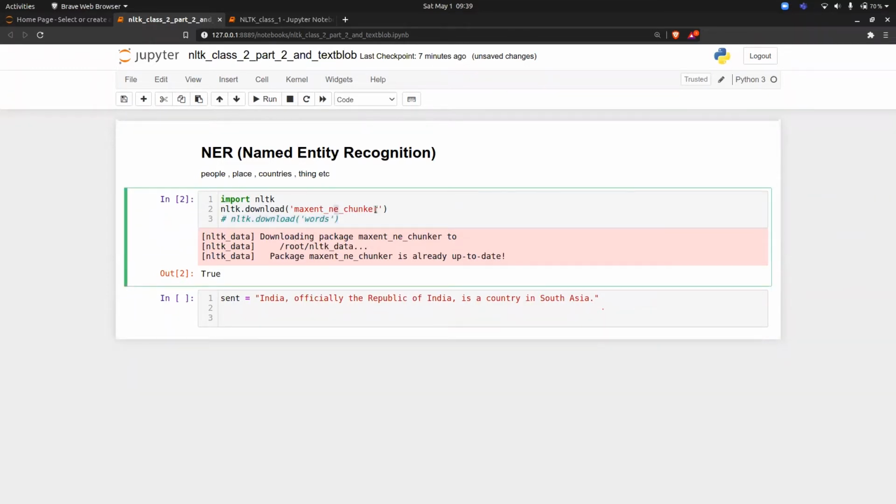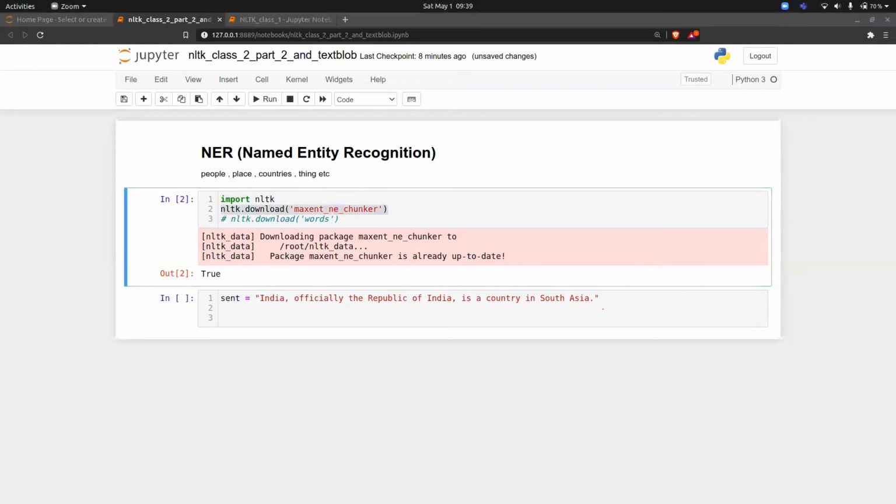Just a small change, and then try. Now it's working. Okay, so it is NE. I'll just update in the chat. It's NE. It was a typo error from my side. So this is the thing that you have to download.